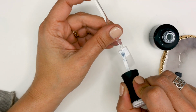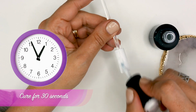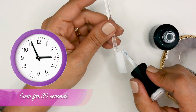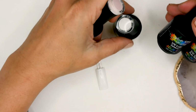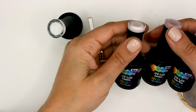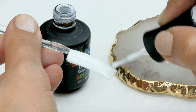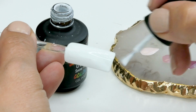For my last design, I'm gonna work with Snow White in the background and cure for 30 seconds. Before I apply the second coat, I'm going to be using Simplicity, Cashmere and Dusky Plum. Now I'm going to apply my second coat. Be generous with this second coat